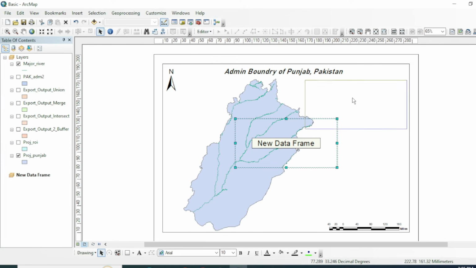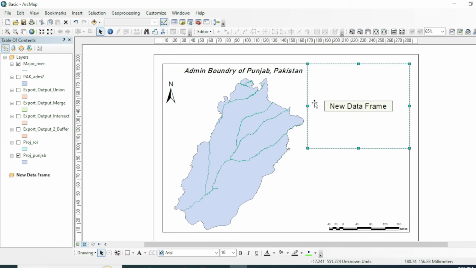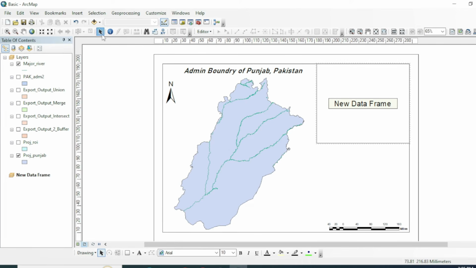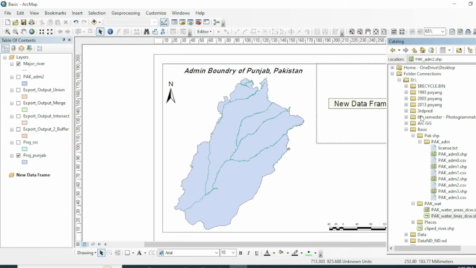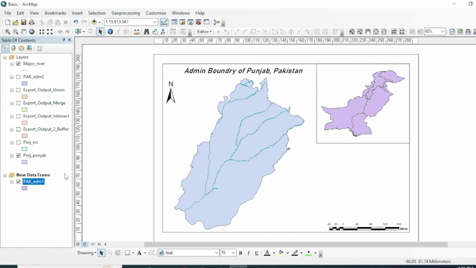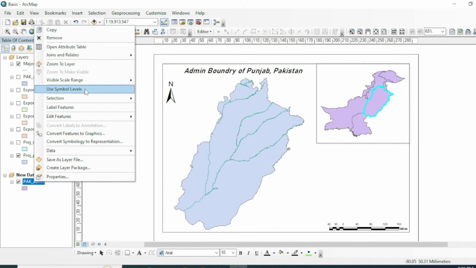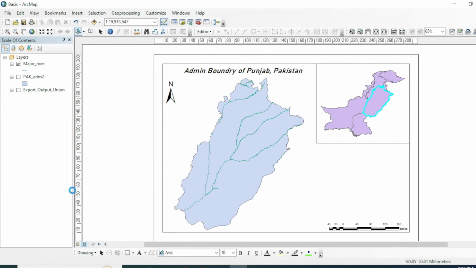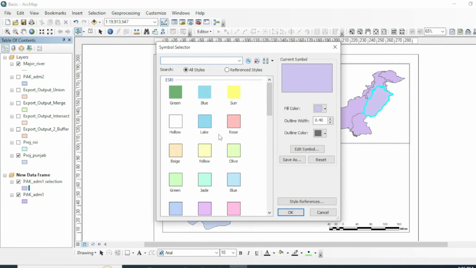that will act as a locator just like this, and you can go to our catalog and you can add the second level shapefile in this data frame, just like this, and you can select the Punjab, and you can also create another layer of Punjab